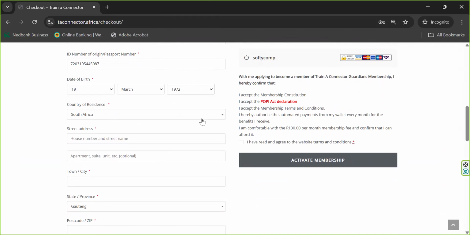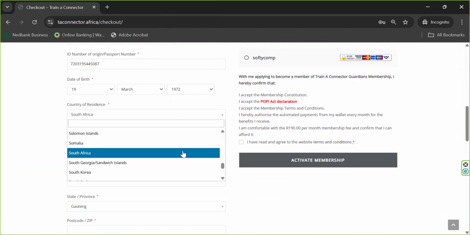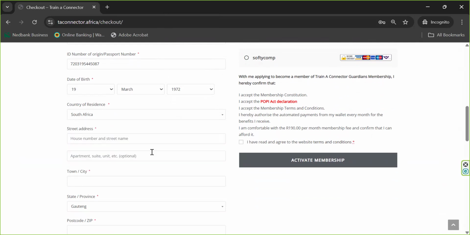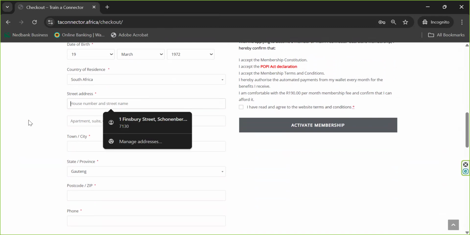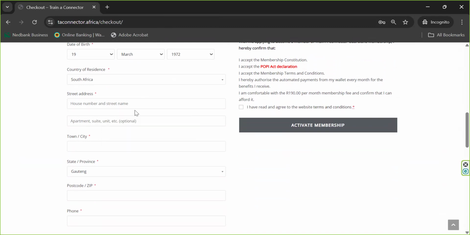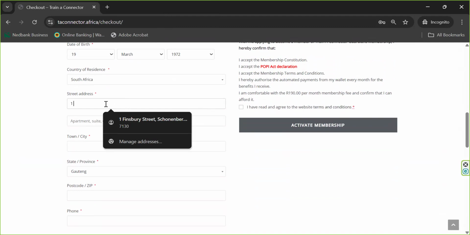Country of residence: if you click on the drop-down menu, you will see all the countries there. You click on which is your country of residence. I'm in South Africa. Your house address is very important. We need to make sure that we type in the correct address where we need to send your SIM card to. So make sure of the street address. In this case, I will just put in